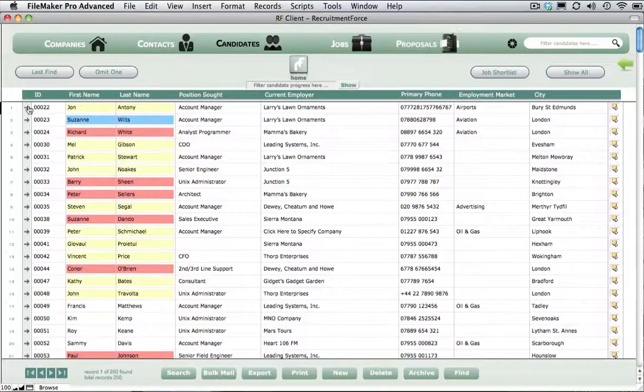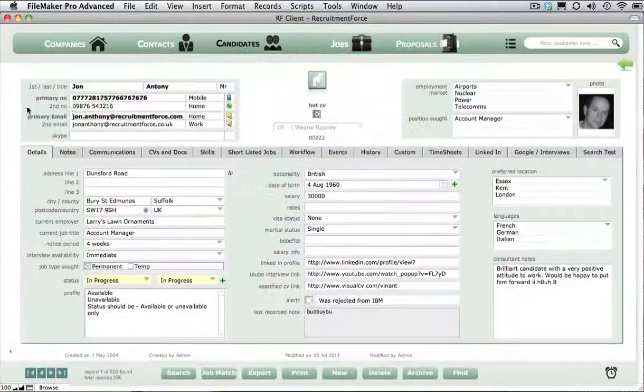Just going to the very first record here. As you can see, we've got a few little logo designs. We've got the go back button, all very much based on previous versions. But what is nice is this. Let's actually go into a candidate record. So as before, we've got the photo. We're storing a little bit of information about the candidates and their preferred locations and jobs and current employer and